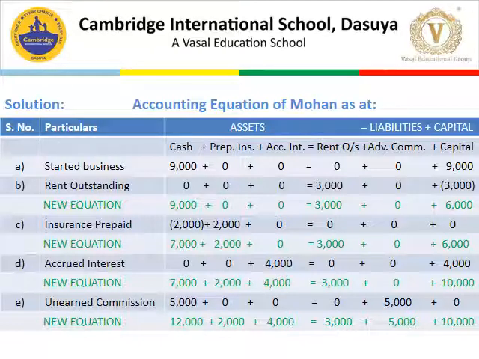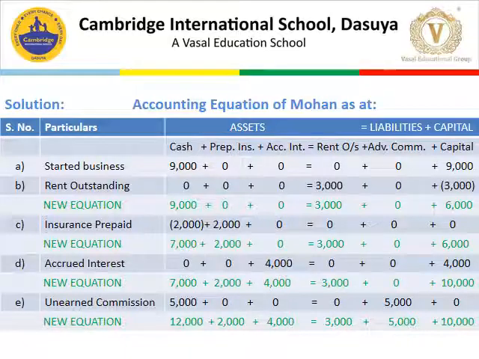Then insurance prepaid. I told you that whether the expenses are paid or prepaid, both should be deducted from cash. So here insurance prepaid, that is paid in advance, must be deducted from cash. But since the benefit is to flow in near future, it is considered as an asset. So there is a new column of prepaid insurance on the asset side, 2,000 rupees added. No effect on any other item. The new equation would be cash rupees 7,000, prepaid insurance 2,000, rent outstanding as it is 3,000 and capital 6,000. The total equals rupees 9,000.